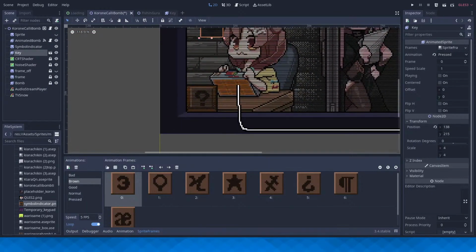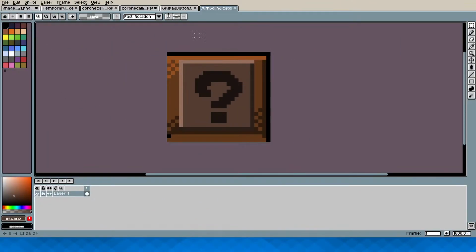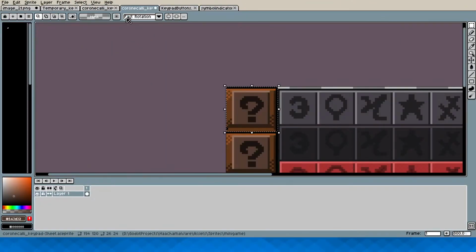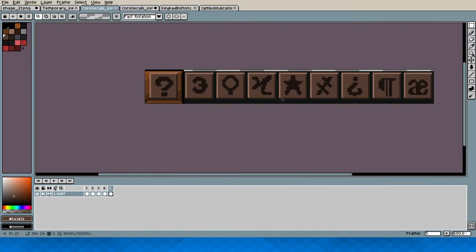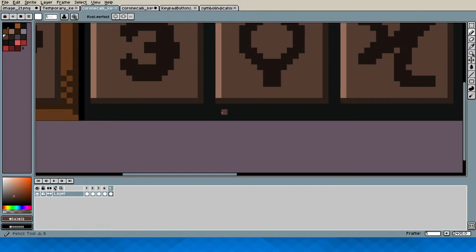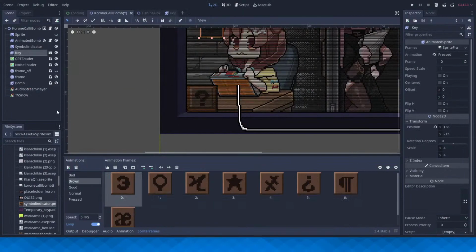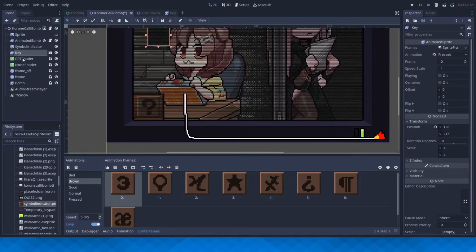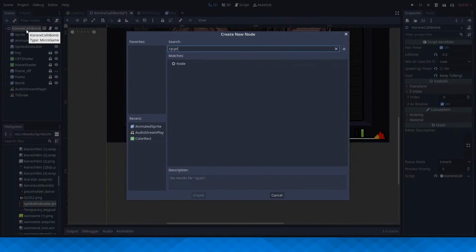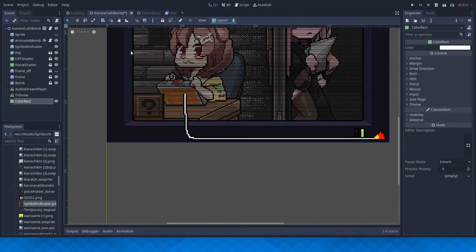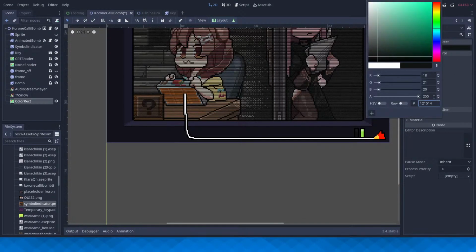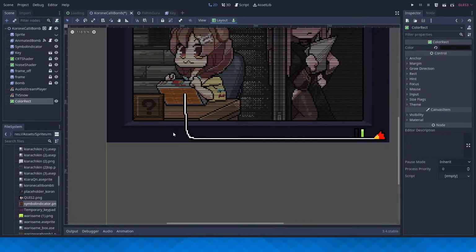And for the rest of the buttons, the other buttons, I think they're just placed on, yeah, they're just placed on a background with this color, which is this. I can just copy paste this and create color rects with this X color, and bam.